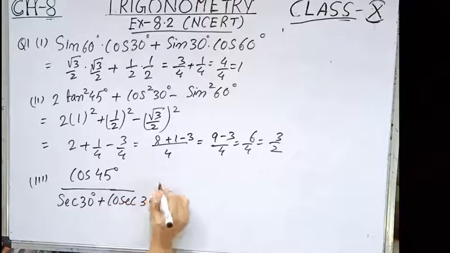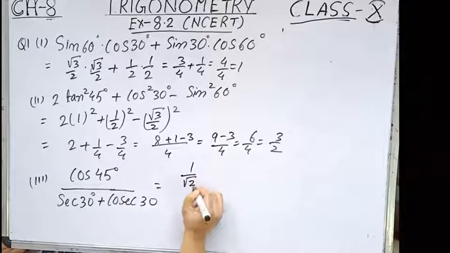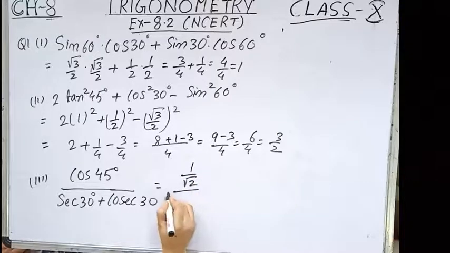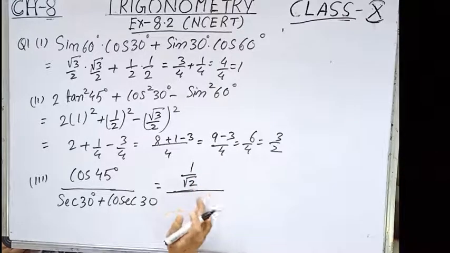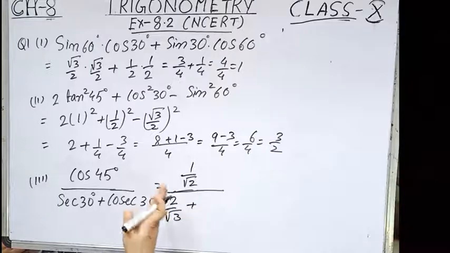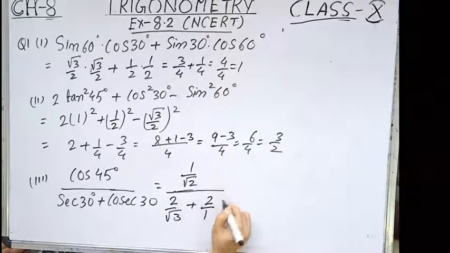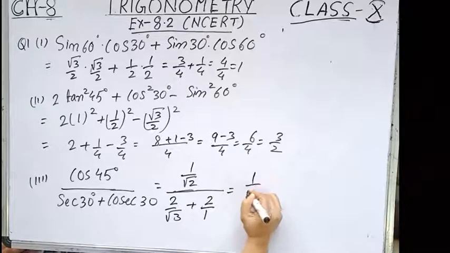So the subpart number 3 is cos 45 upon sec 30 plus cosec 30. Cos 45 is how much? 1 by root 2. Sec 30: now cos 30, you remember, cos 30 was how much? Root 3 by 2. So over here sec 30 is 2 by root 3, plus cosec 30. Sin 30 is 1 by 2, so cosec 30 is 2 by 1. So this we have to solve. So 1 by root 2 divided by